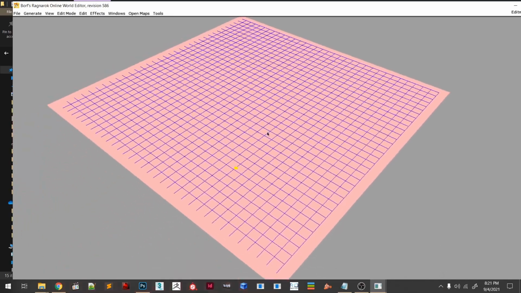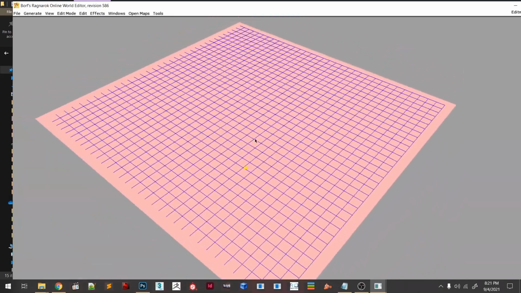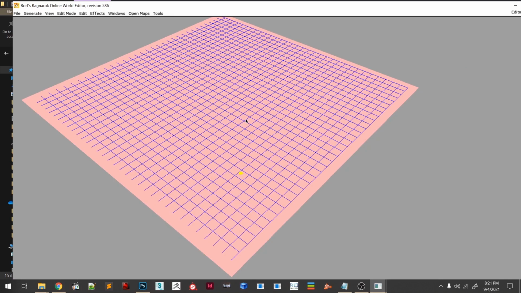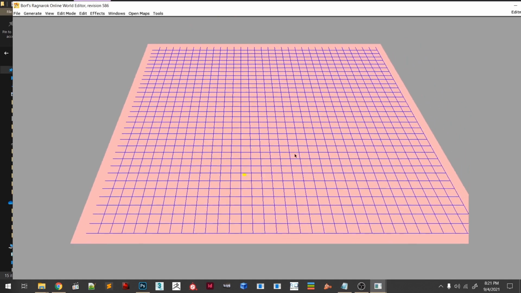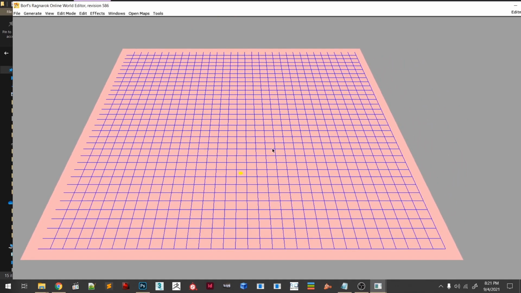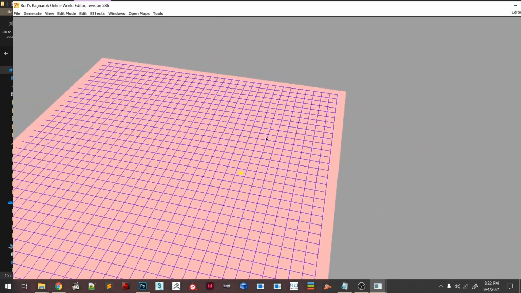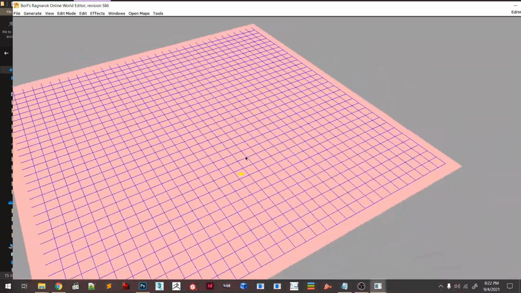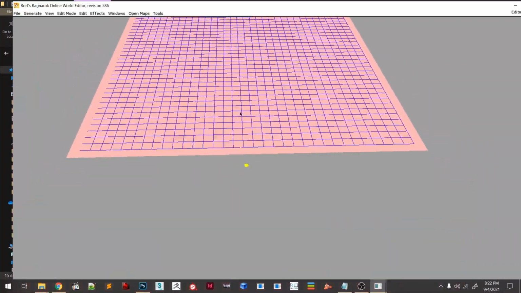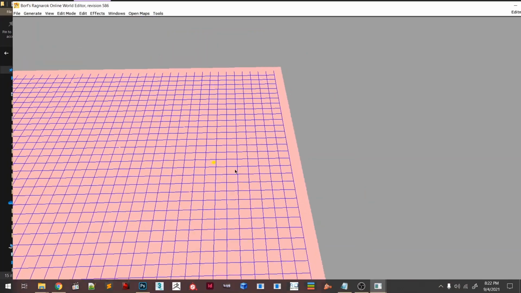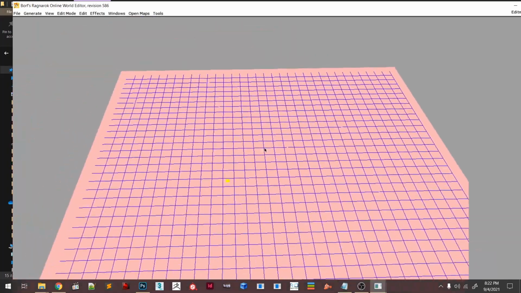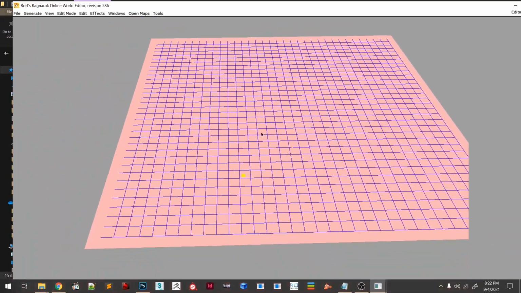If you are feeling lost like this and you want to return to the front part, you just double right click and you can get back. Alright, so if you hold shift and right click, you can rotate. If you just hold right click, you can go around the map like this.